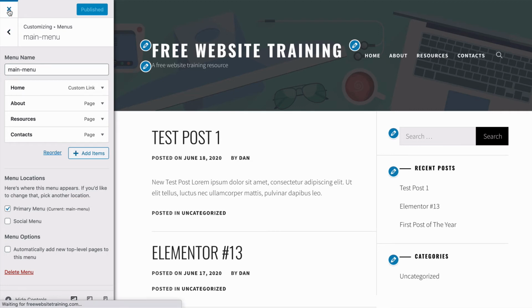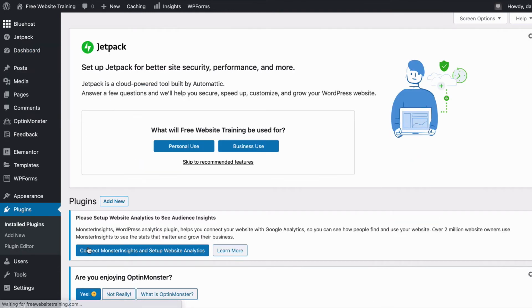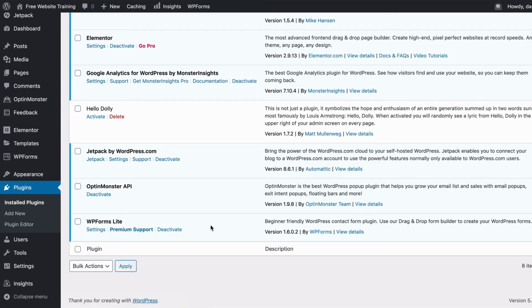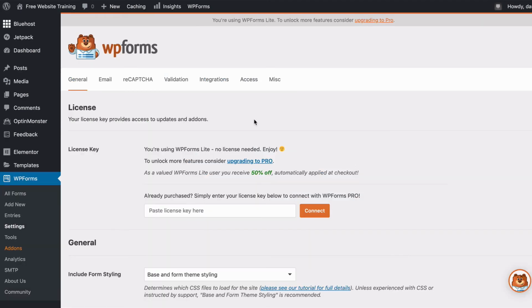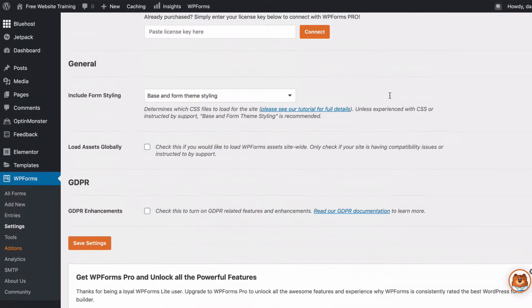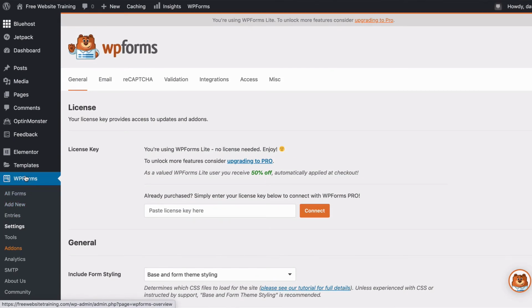So let's just save our appearance and exit out and go to plugins, installed plugins, and by default, if you use the Bluehost setup, there is a WP Forms Lite. So we can go to settings. Okay, once we are in the settings section for WP Forms, there's literally nothing really to do here. All we need to do is go to the left and click on Add New. You can see WP Forms on the left hand menu and click Add New,